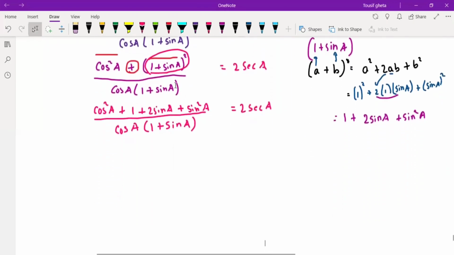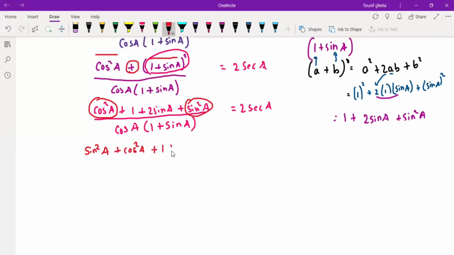Okay, so as you can see in the numerator, there are two terms related to the formula. One is cos square a, the other one is sin square a. So we'll write them together. That is sin square a plus cos square a. I wrote those two terms together. Remaining terms we're gonna write down as it is, plus 1 plus 2 sine a